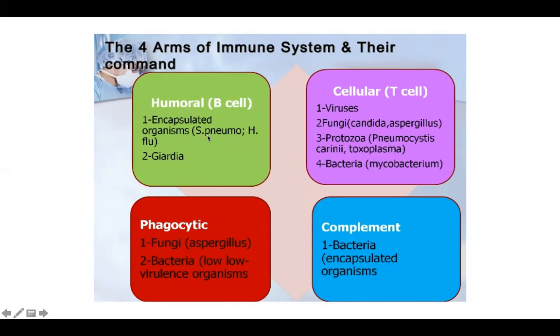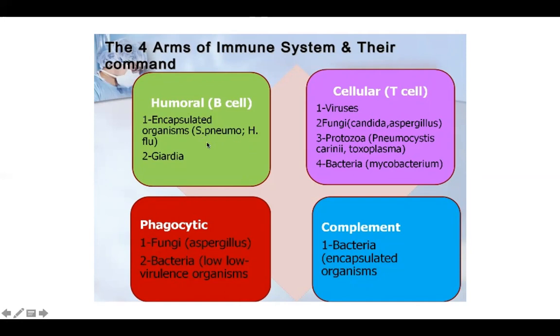How? The antibodies coat the surface of the capsulated organisms and function as opsonins. That is, they help opsonization and phagocytosis. So in the absence of B cells, in a defect of B cell immunity, immunity is lost or weakened against these capsulated organisms. So many times we have to protect by giving vaccines against these. Classic example being when